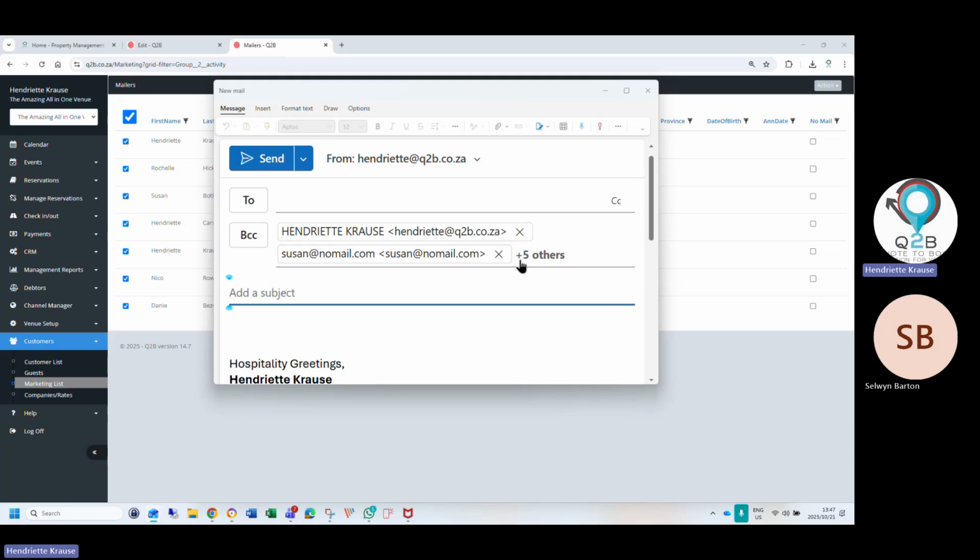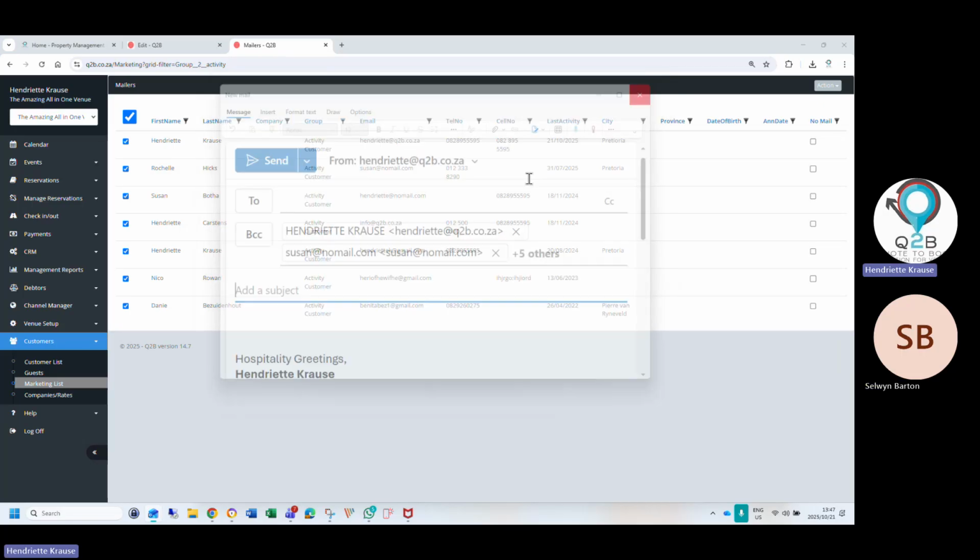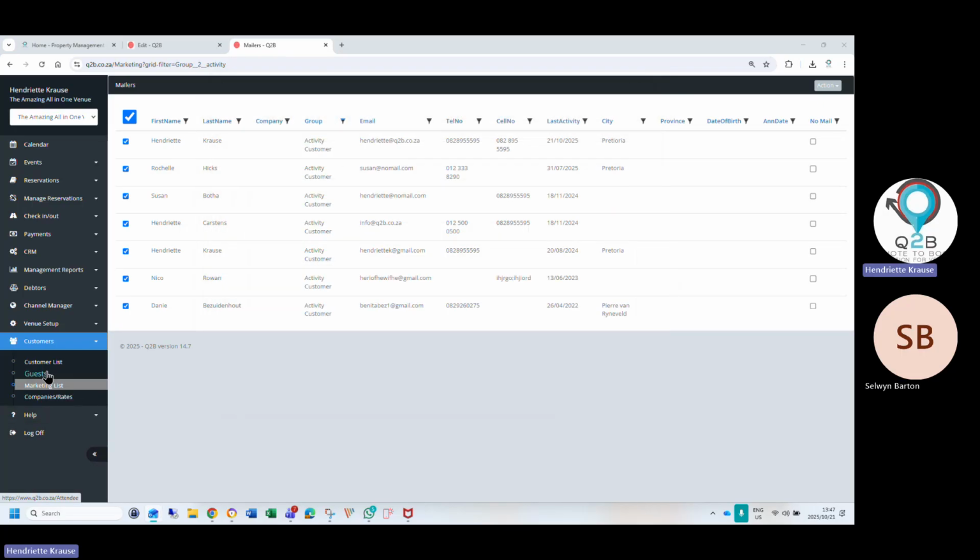The only thing is if you exceed 500 here, they will blacklist your domain for 72 hours. But we also offer an unsubscribe link in Q2B that you can add in your mailer, and when they unsubscribe, the system will automatically mark this customer as no mail, and he won't form part of your marketing list anymore.